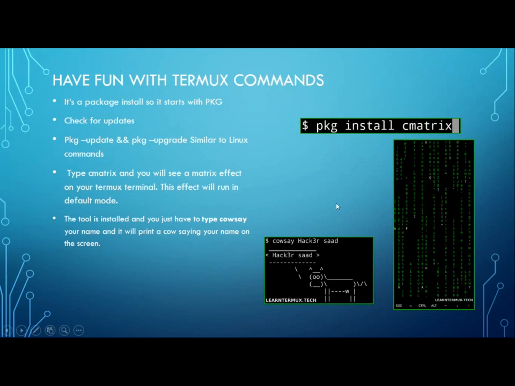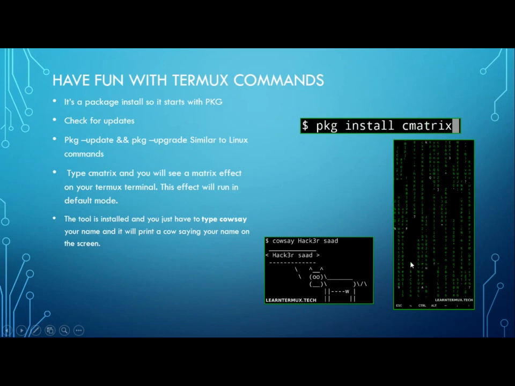You have seen the Matrix movie, right? With this, we are going to display some Matrix-style information on your display, and that can be done with cmatrix. In order to work with cmatrix, we have to use the pkg command: pkg install cmatrix. This will automatically install the cmatrix package, and you will be displayed with the screen which you see right now.